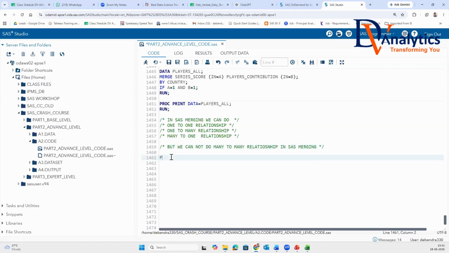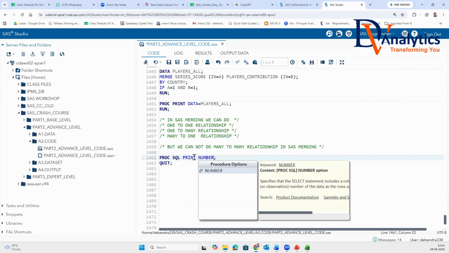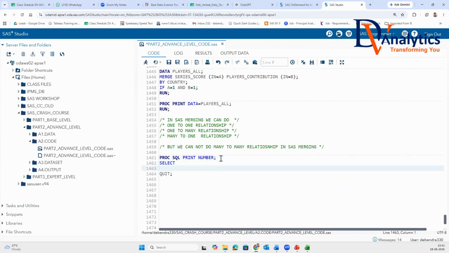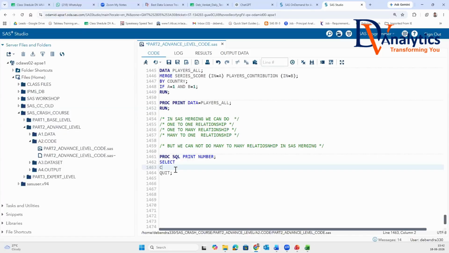You will use Proc SQL. And you will say what, guys? Quit. Yes or no? Proc SQL with print and use observation number. How will I write the program? Select. The first field name is country, series, total score. So I'll be writing here: first is country, second is series, and third one is